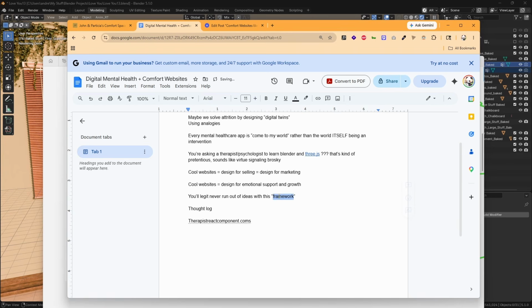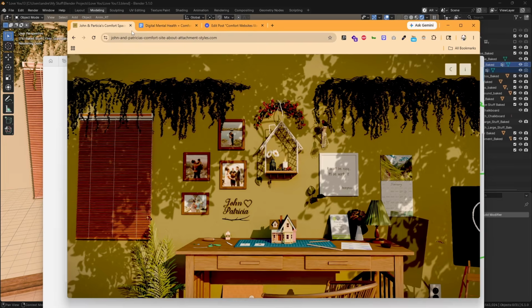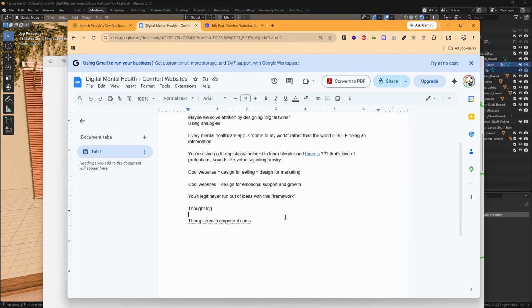But for the other things, I feel like I can't really run out of ideas, because it's always trying to read someone's internal world and externalize it into a website. That's the whole idea of a comfort website. You take someone's internal world and you externalize that into a website, and if you get that accurate, if they like it, it means they're going to trust you significantly more, and maybe the bond that you have